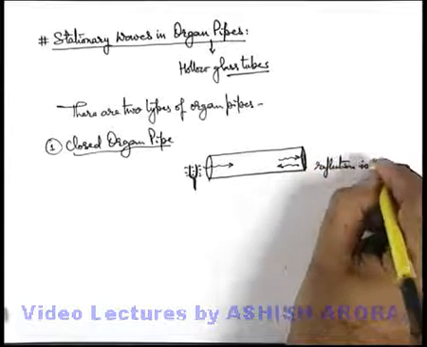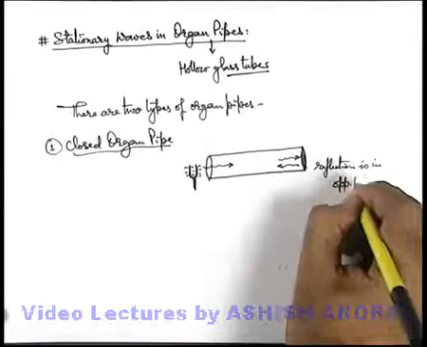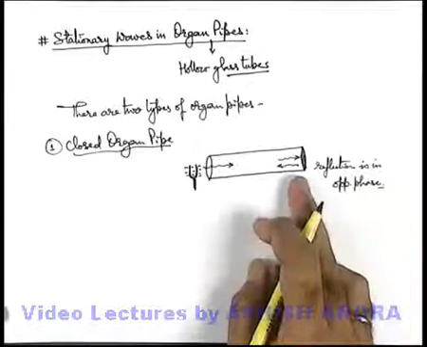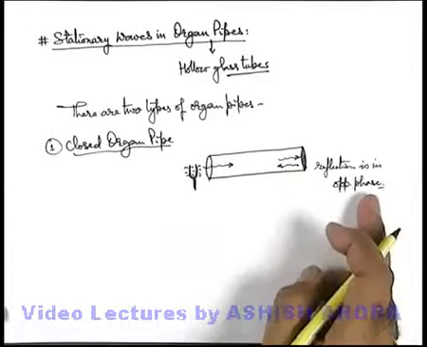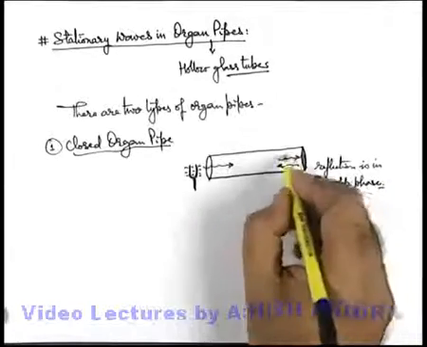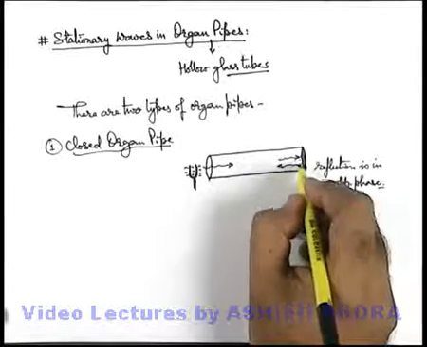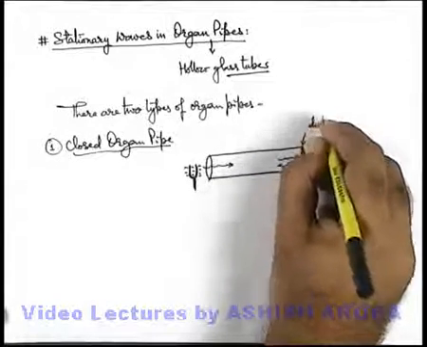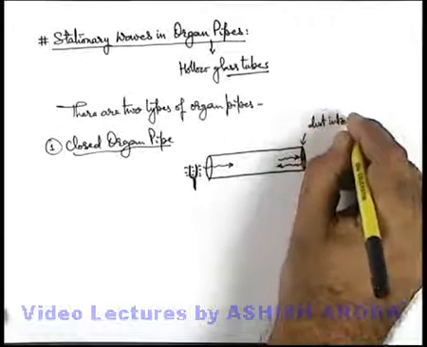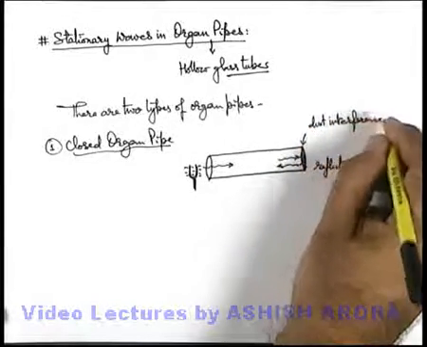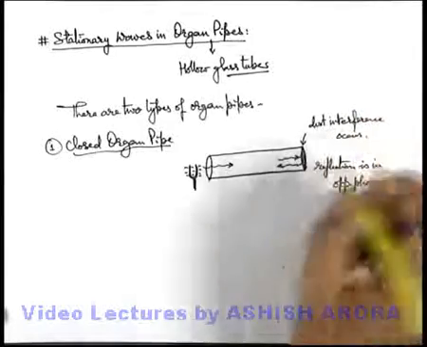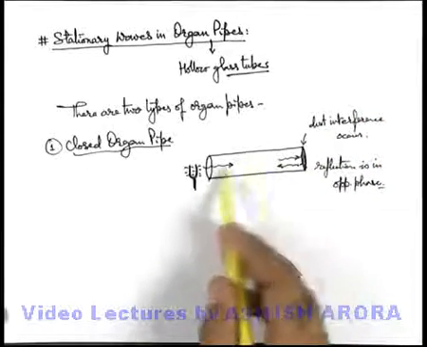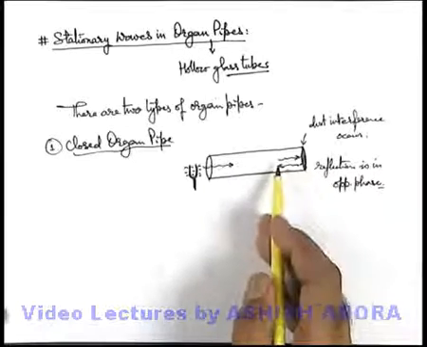is in opposite phase, which we already discussed: whenever a wave is reflected from the boundary of a denser medium, it is reflected in opposite phase. So incident and reflected waves superpose in opposite phase. So here destructive interference takes place. When incident and reflected waves superpose on all the medium particles, stationary waves may get established